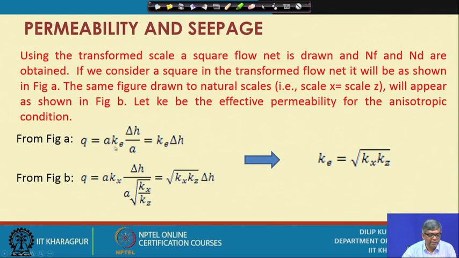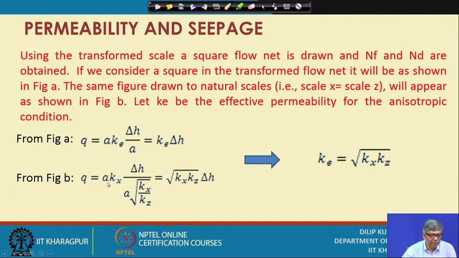So, A into K E into del H by A. So, A, K, and this is i, so del H by A. That means over a distance A, the head loss is del H. This is also A, that is the area if I take unit height, and this represents i, and this represents K. So, this A gets cancelled. That K E into delta H becomes the Q. And if I consider figure B, that means the original one, then your Q